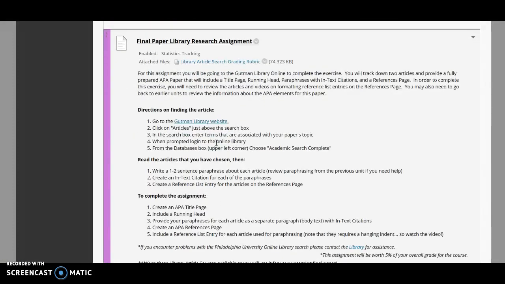So you do have an assignment this week. You're going to be completing your library research assignment. So for this assignment, you'll go to the library online, and you'll track down 2 articles and provide a fully prepared APA paper that will include a title page, running head, paraphrases with in-text citations, and a reference page. In order to complete this exercise, you'll need to review the articles and videos on formatting reference list entries on the reference page. And you might need to go back to earlier units to get a refresher on APA formatting